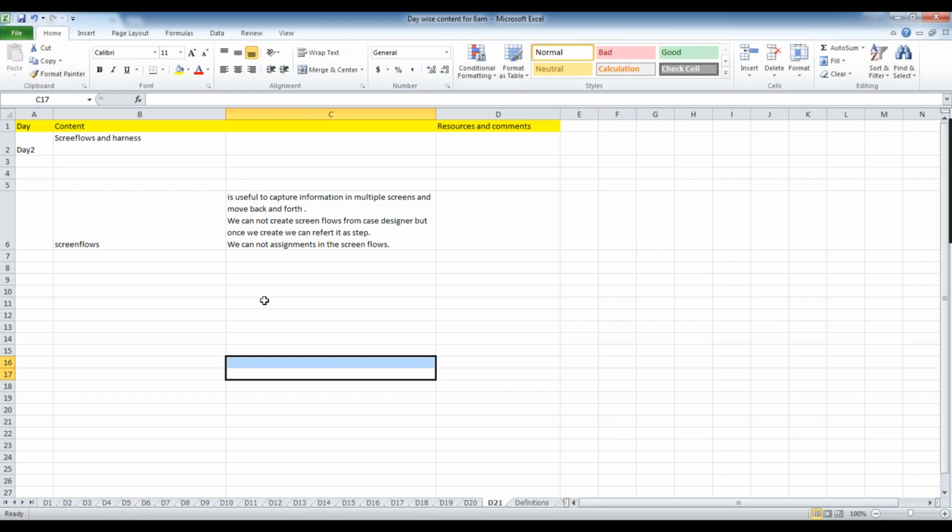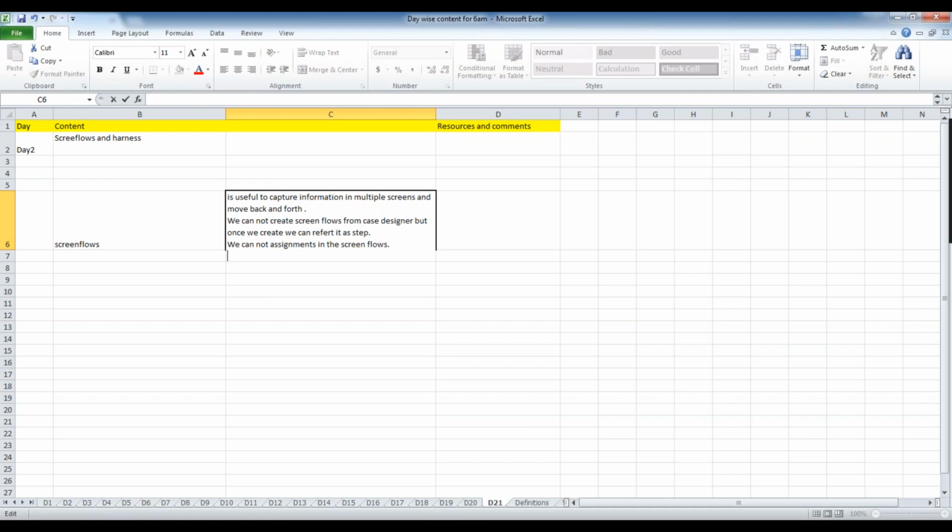So when there is a single actor performing all these screens, only then can you go for screen flows. There is no need of routing, because in the definition itself we say screen flows are only for a single actor.